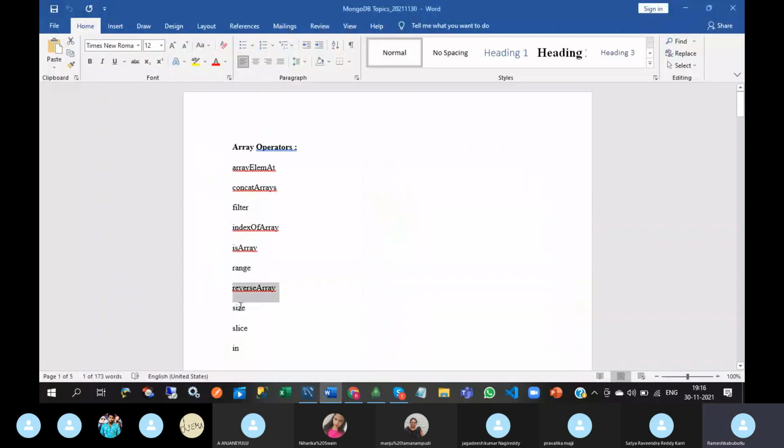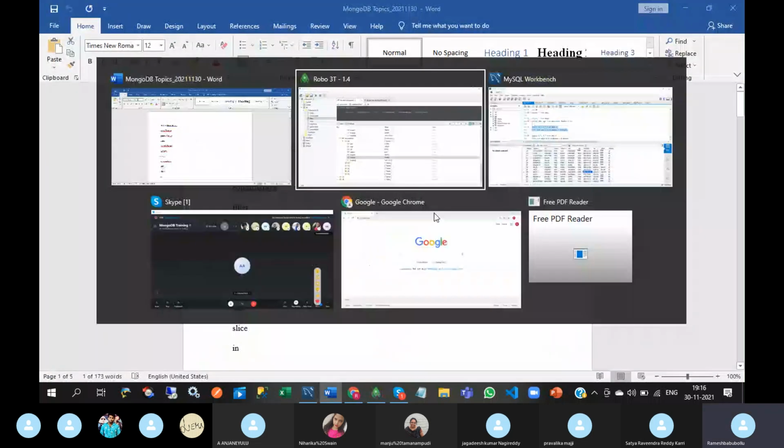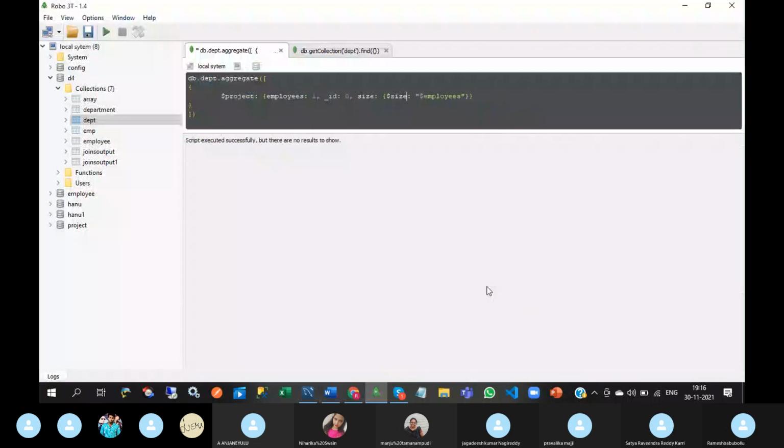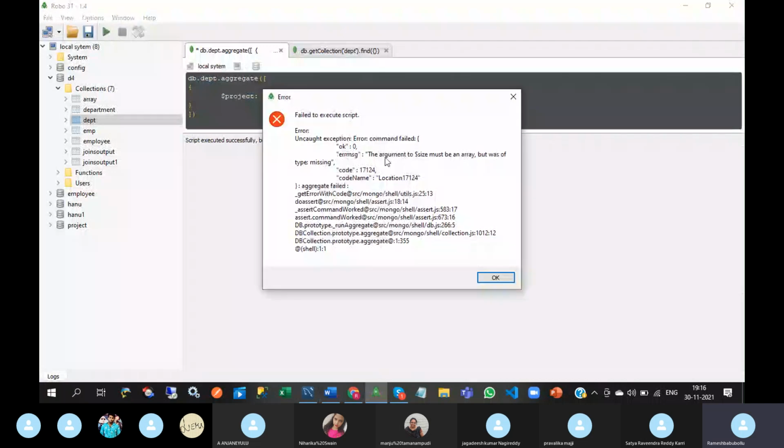Next, size. The argument to size must be an array, but was type missing.